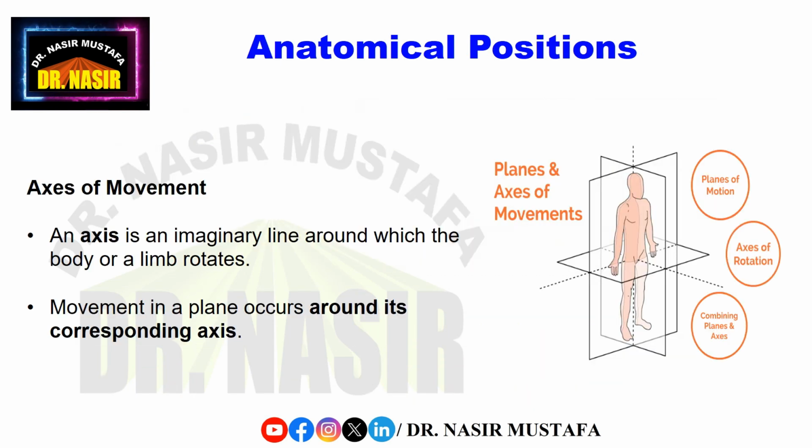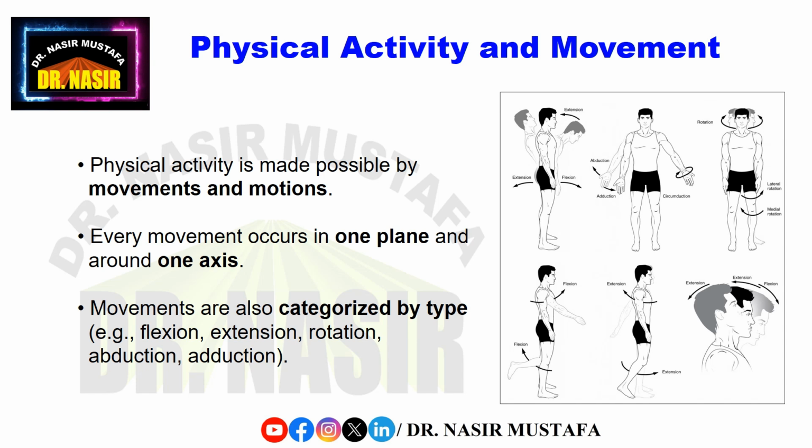An axis is an imaginary line around which the body, or a limb, rotates. Every movement in a plane occurs around its corresponding axis. Understanding axes helps us link specific movements to the planes in which they happen. Physical activity is made possible through movements and motions. Each movement occurs in a specific plane and around a corresponding axis. Movements can also be classified by type, such as flexion, extension, rotation, abduction, and adduction, which help us describe how